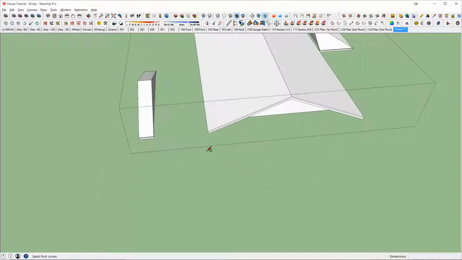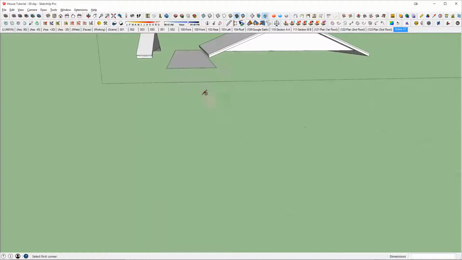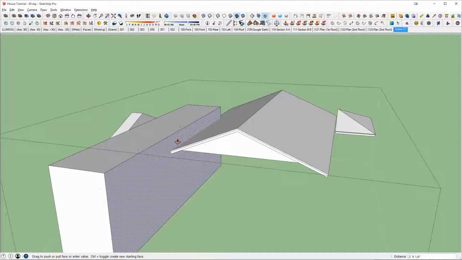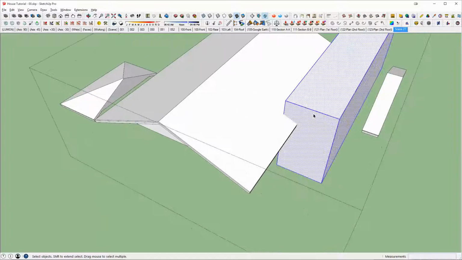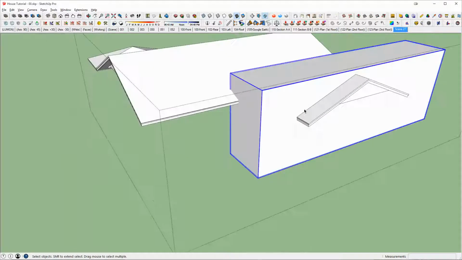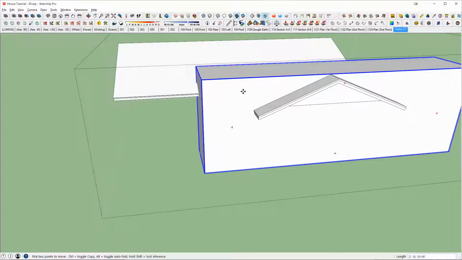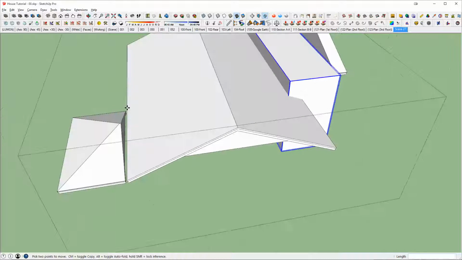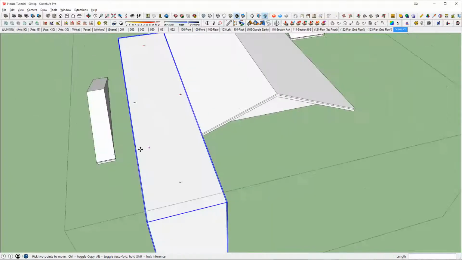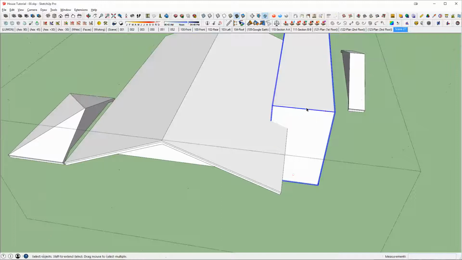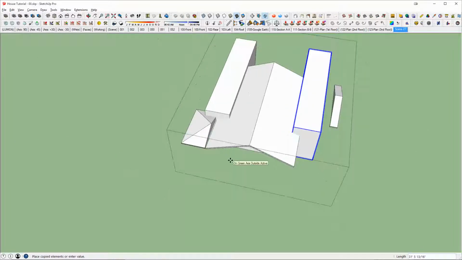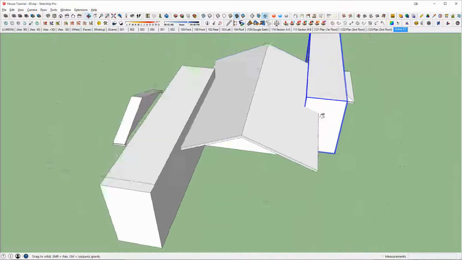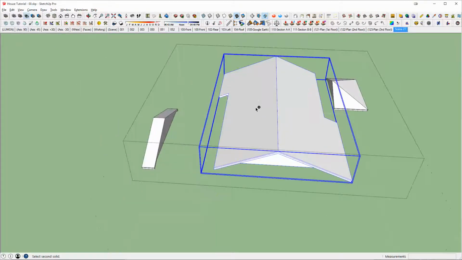and really I'm just going to draw some arbitrary rectangles just to create my cutting plane. And it doesn't really matter how far you go in, you just want to be past what you need. And so let's go a little more this way, so it gives us plenty of room to build this hip joiner, and we'll do the same thing there, as well as gives us plenty of room to build this gable joiner. And so maybe we'll just copy this one over here, and we're going to do the same thing on this side. So using our solid tools to delete those pieces out,